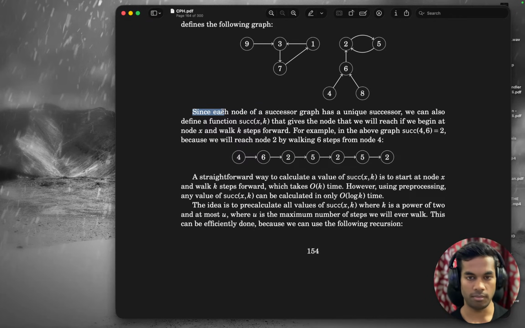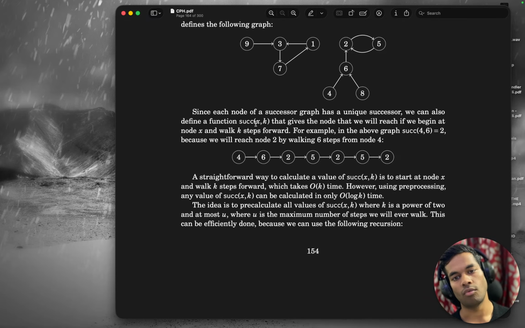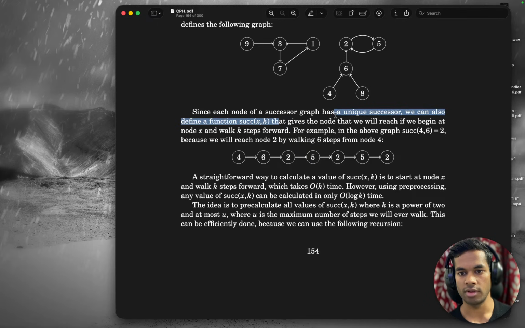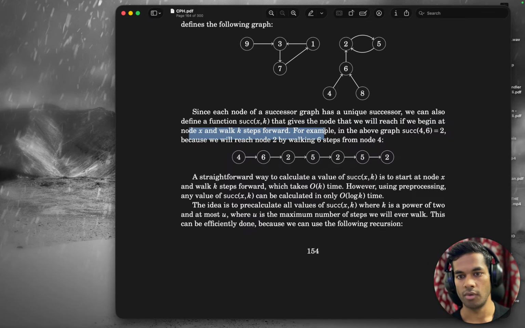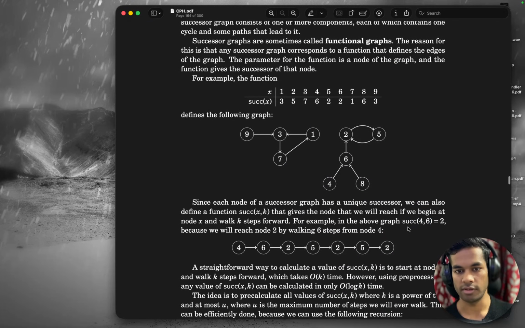Since each node of a successor graph has a unique successor, we can also define a function succ(x, k): what would be the successor of x if we go forward k steps? That gives the node that we will reach if we begin at x and walk k steps forward. For example, for k equals 0, we get x, and for k equals 1, we get the successor of x. And in the above graph, if we were to call this function with 4 and 6,